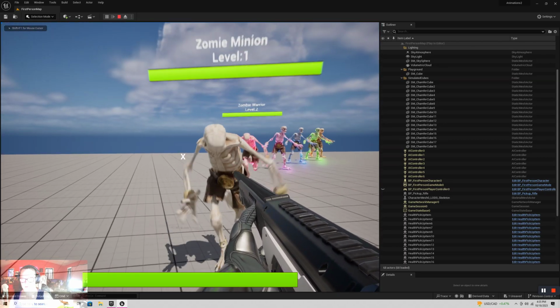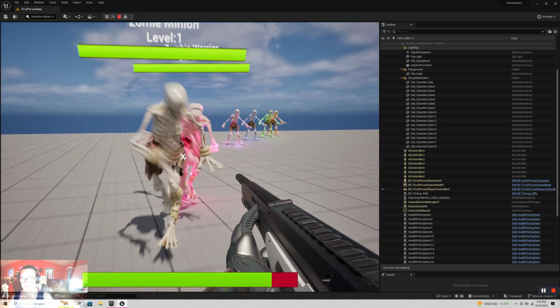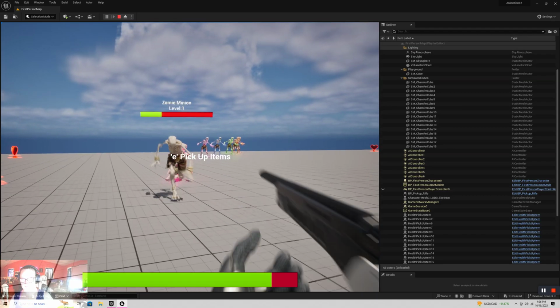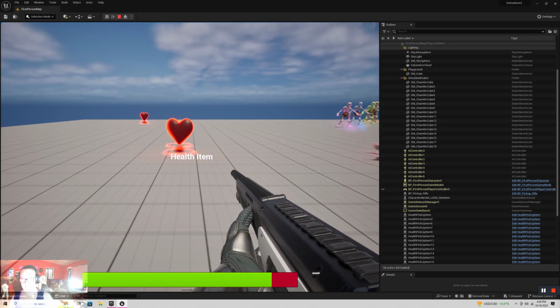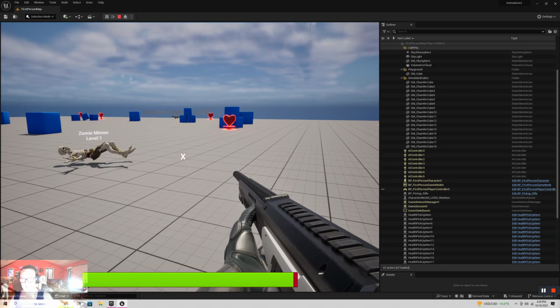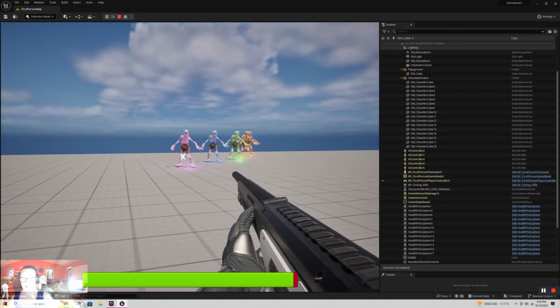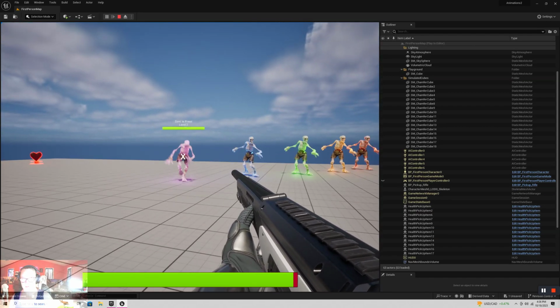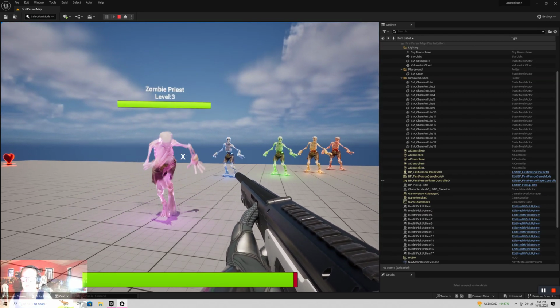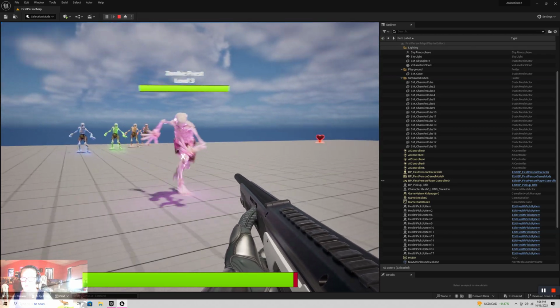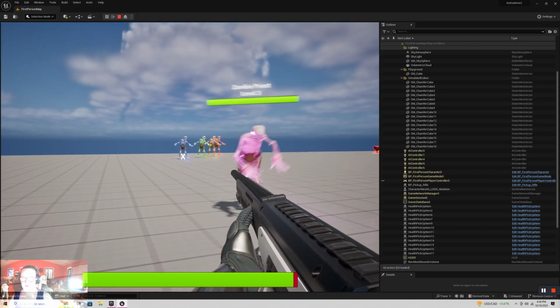Let me get some more damage. Health also works. Now, each enemy also comes with its own armor, name, and level. So depending upon the level, depends on how strong they hit me, as well as how much